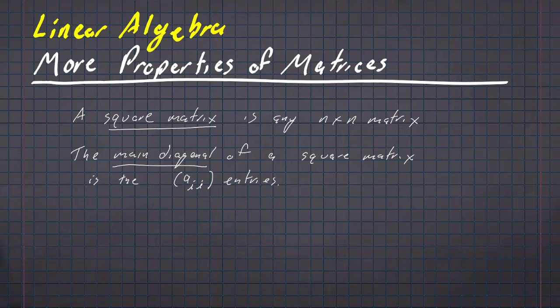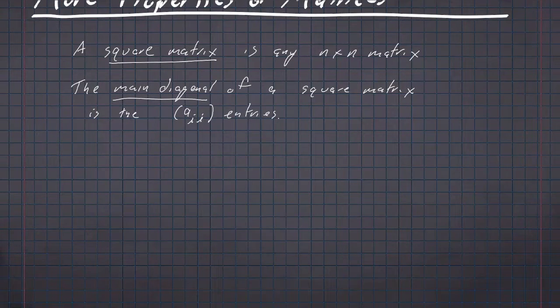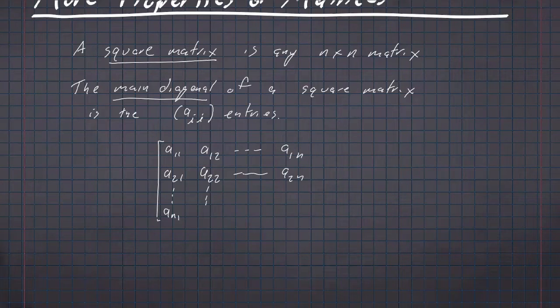And when you have a square matrix, we can talk about the main diagonal of the matrix as the a sub ii entries. If you think about what a square matrix might look like, the main diagonal,